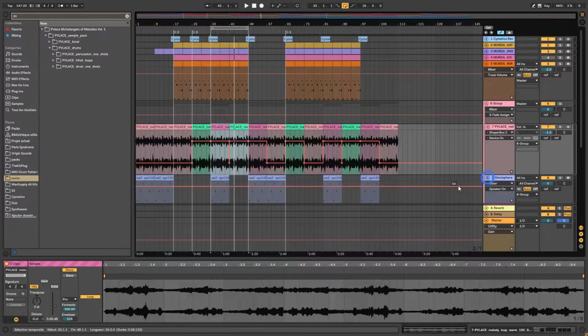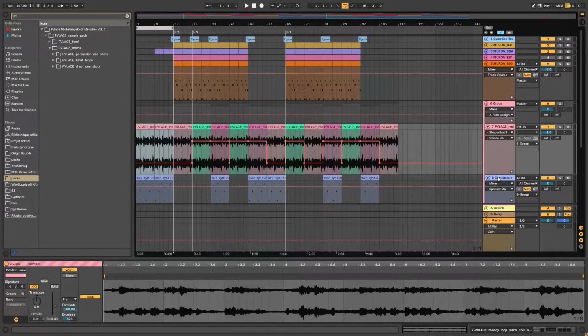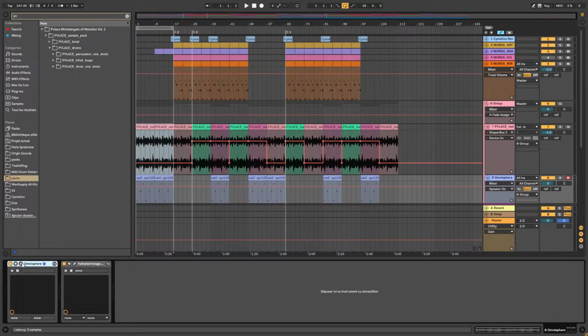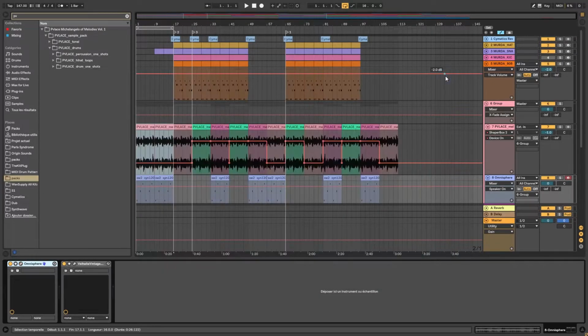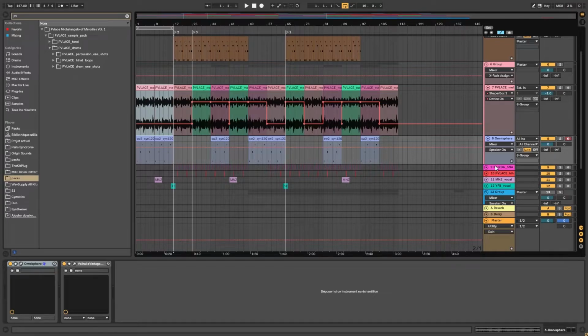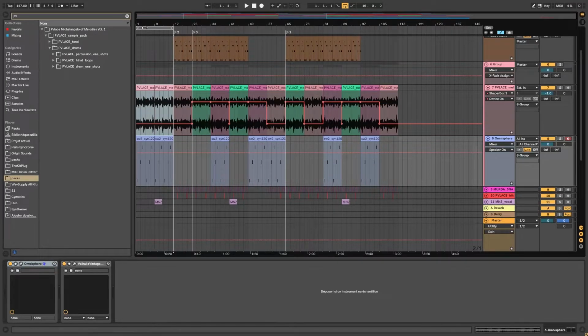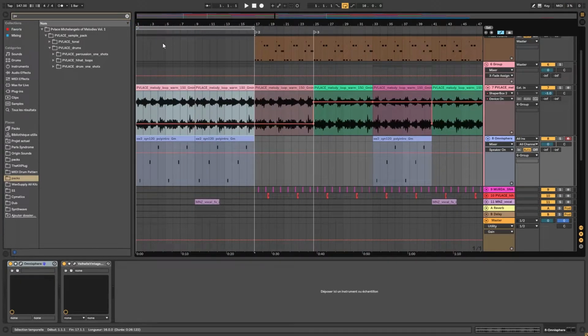So once I had that, I decided to add another layer to my sample, which is a super simple layer. We have this patch from Omnisphere called Ambient London from Studio Plug. I highly advise you to check their presets. They sound amazing. And I decided to play a couple of simple notes, just to accentuate my sample and make it more interesting. So if I solo the first two elements,